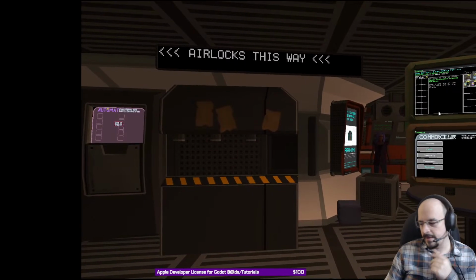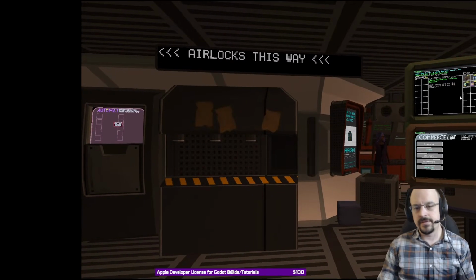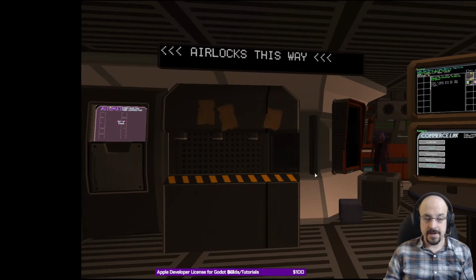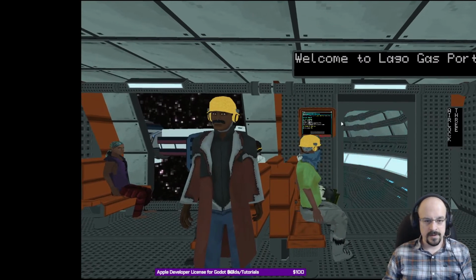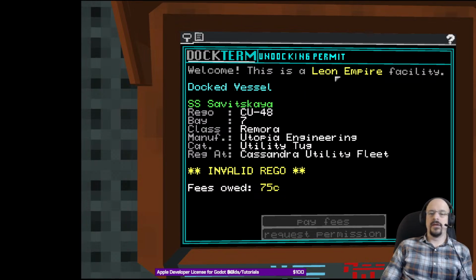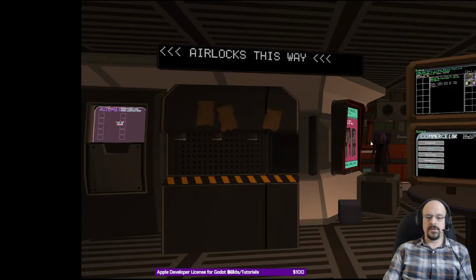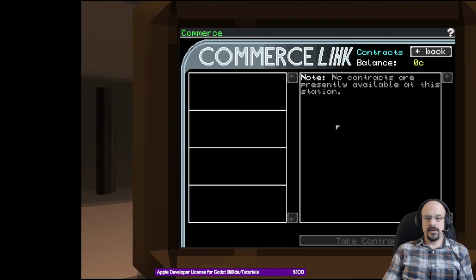Depending on where you go, there are different types of missions and stuff like that. But that's how Objects in Space plays. It's just a 2D game, and every time you dock, you have to pay your fees, request to leave, and you can just buy and sell goods, do bounties, do missions, gain reputation, and